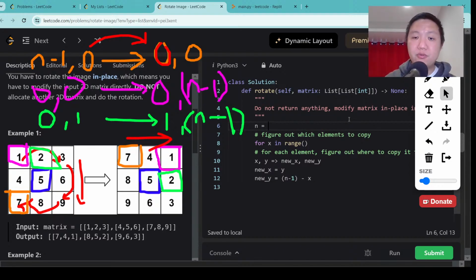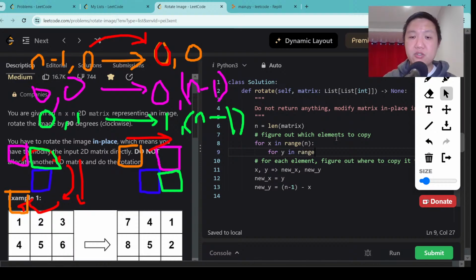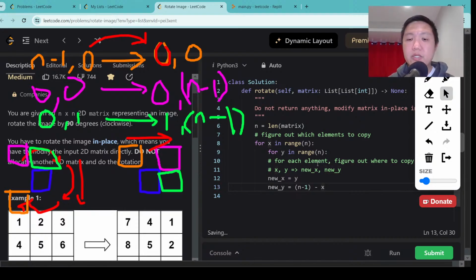n equals length of matrix. So we're going to assume that the matrix is square, n by n. For x in range of n, for y in range of n. Okay, and then we might think naively we're going to do something like this: matrix new x